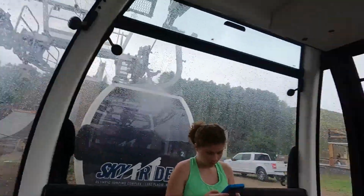So we're in the sky ride at the Lake Placid Ski jump training center. It's all under construction, like the landing area, and I'll show you that as we go. But we just got in the gondola, we're headed, see if I can show you,